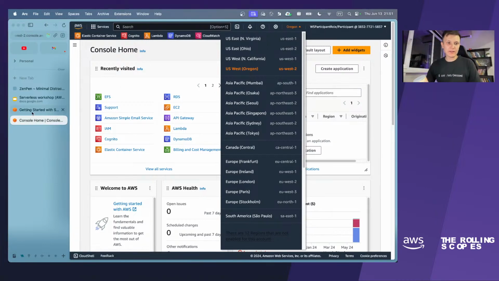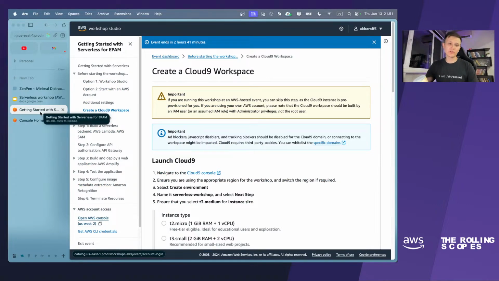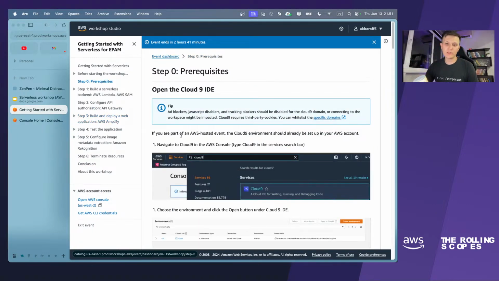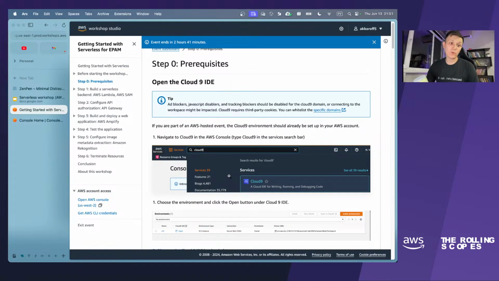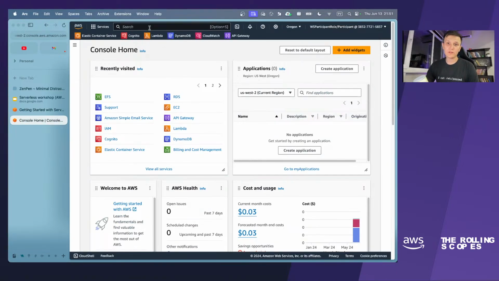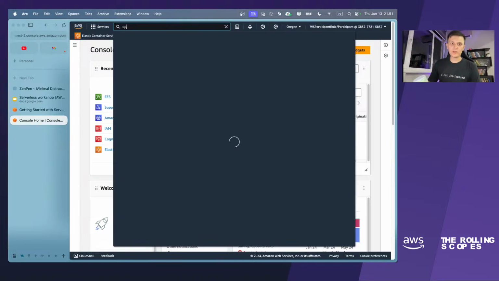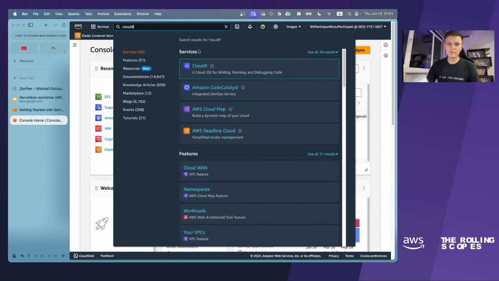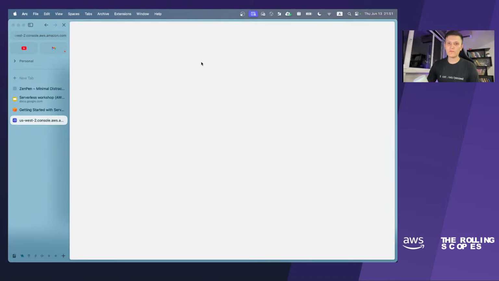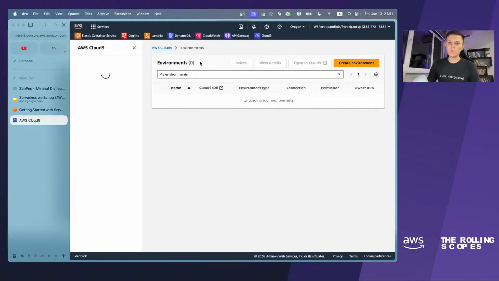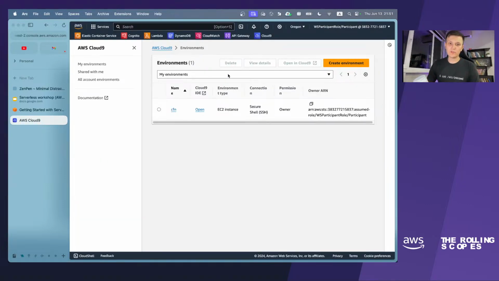Okay, and let's go through the instructions. Let's check prerequisites. First of all, we will use Cloud9 as the development environment today. You can use any environment that you like. For instance, you can use Visual Studio Code or WebStorm, but in the case of Cloud9, you will be provided with the AWS CLI and some other necessary dependencies, which are installed on the machine running the Cloud9 IDE.